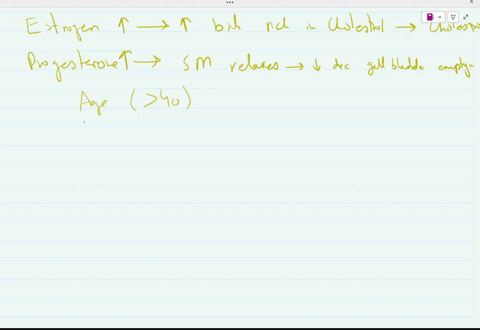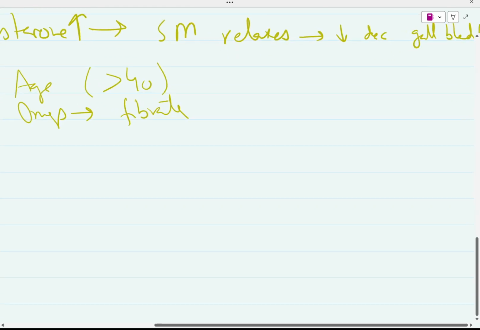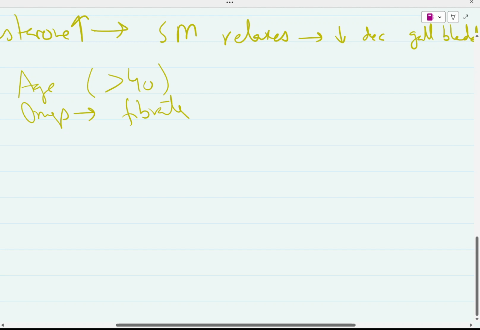So next, a patient is taking drugs. Which drugs? A patient taking fibrates. What will fibrates do? Fibrates have a mechanism involved in cholesterol degradation. So what will happen when there is no degradation of cholesterol? There will be accumulation of cholesterol, hypercholesterolemia, and there will be cholesterol stones. So next drug is a patient taking estrogen in drug form. Next drug which causes cholesterol stone formation in the gallbladder is oral contraceptive pills containing progesterone.